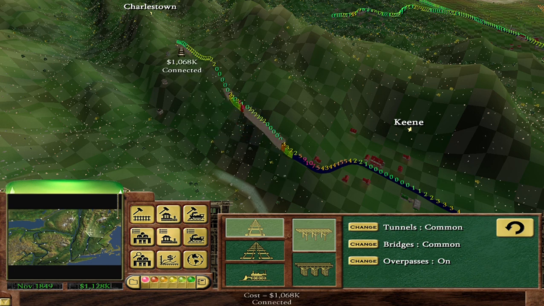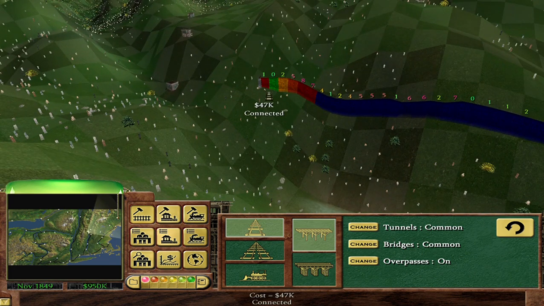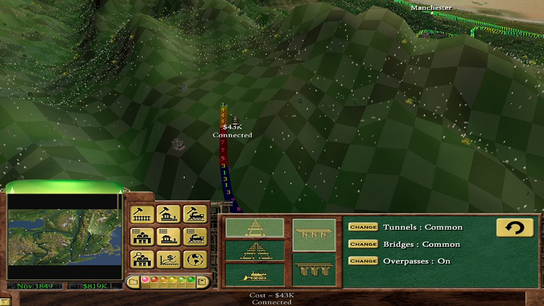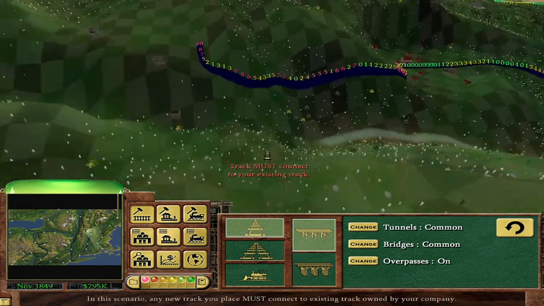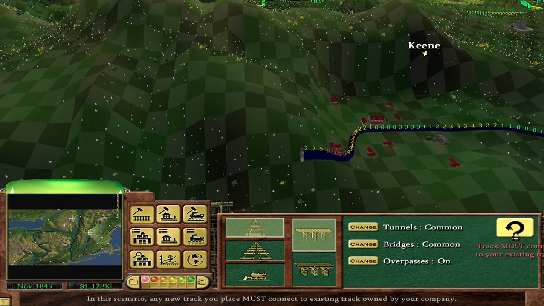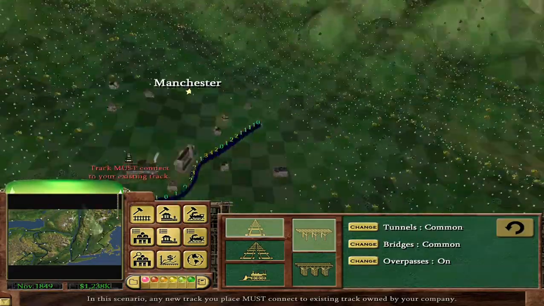Because the alternative is I do something like this, and this isn't looking like it's going to be very good either. It's looking like I'm going to need a tunnel. Or I just build from Manchester. I mean, that is pretty horrible. So that's Keene. If we start building from Manchester instead,